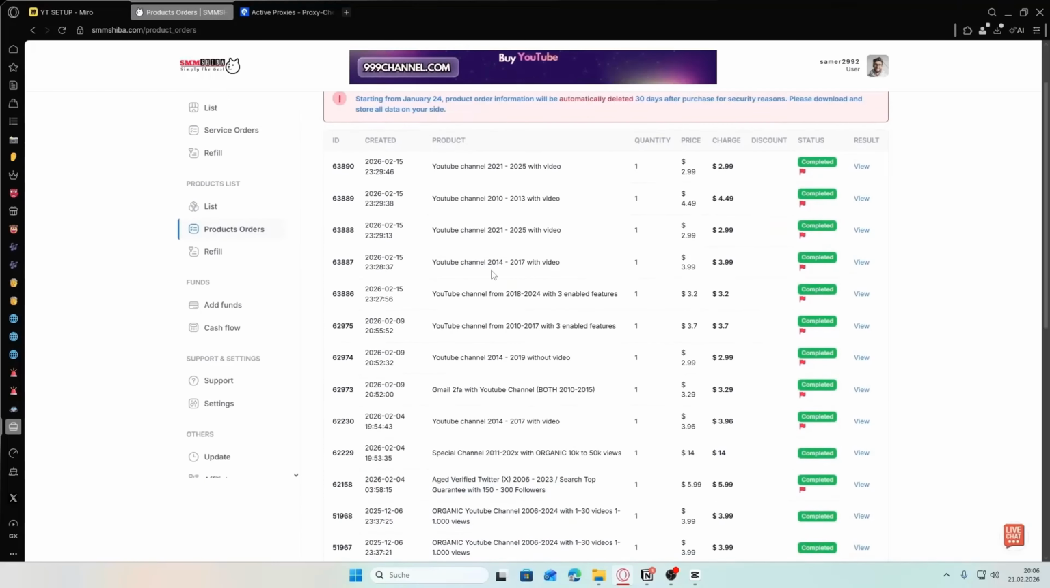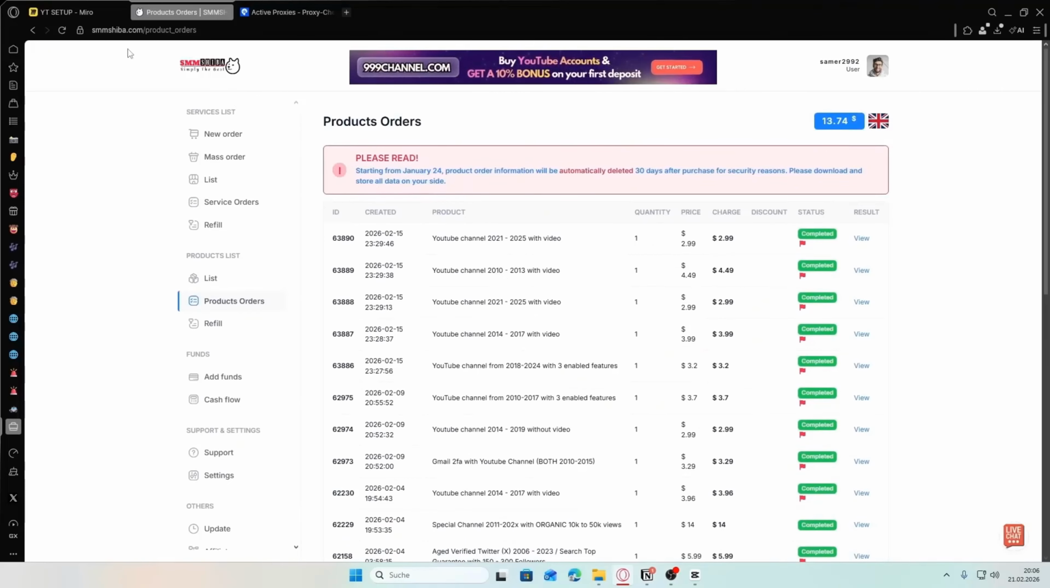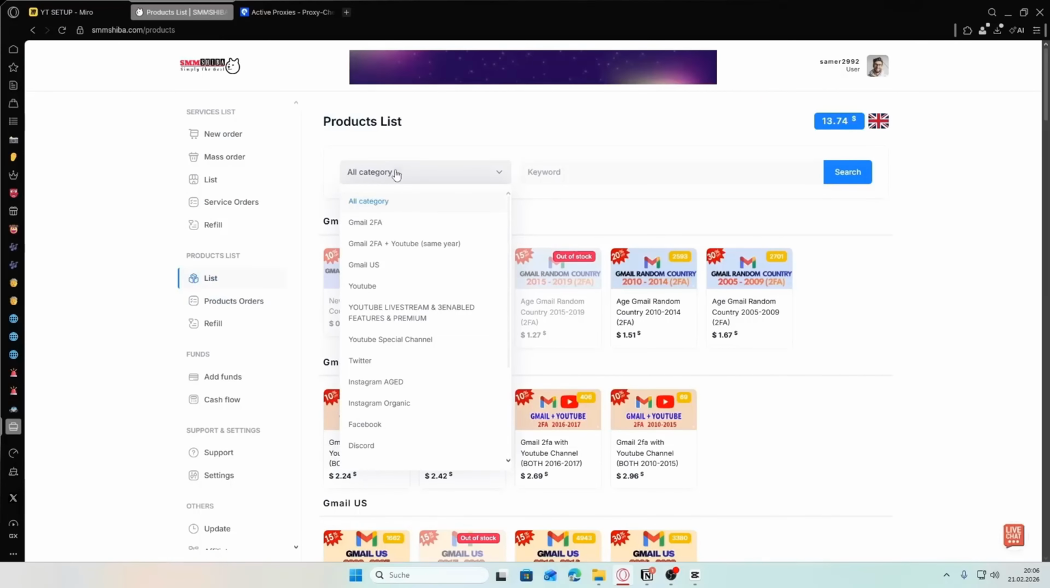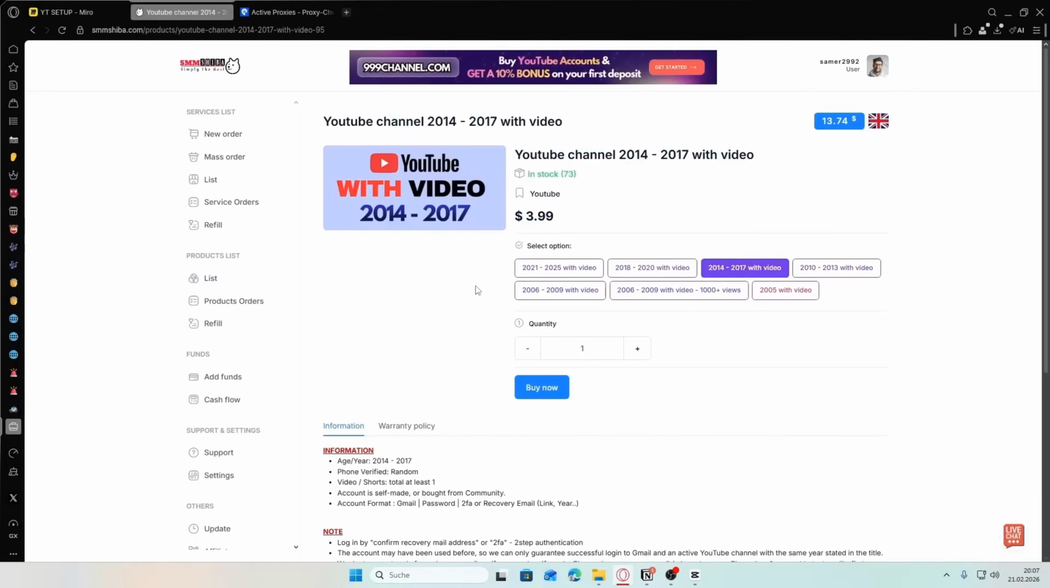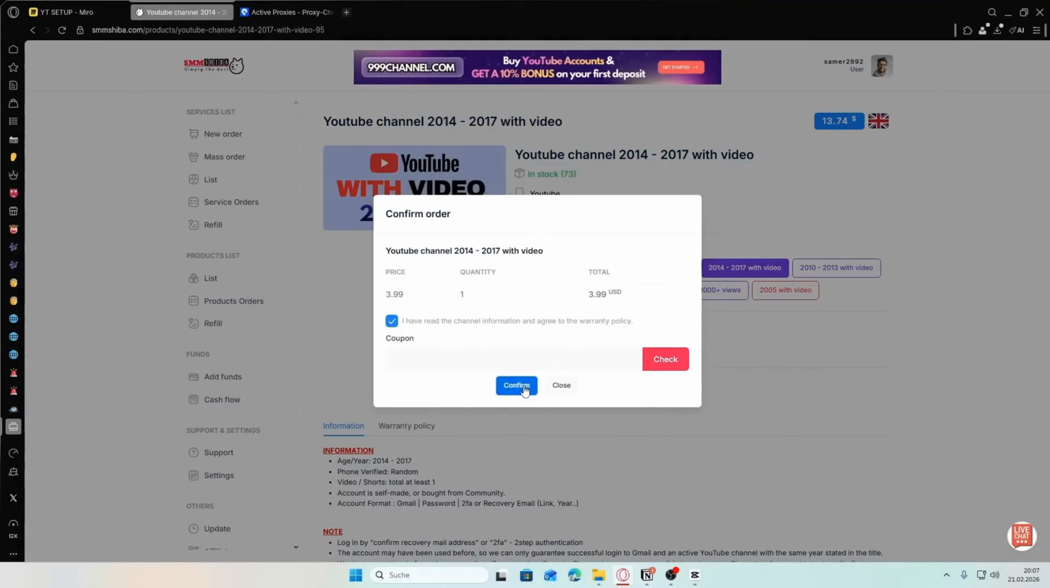Alright, so I'm currently at my dashboard on smmshiba.com. And do not get confused by the website names. SMM Shiba and SMM Dodge are actually the same website. So all you have to do once you've created yourself an account here is to go on list, click on this category icon, select, and here you want to select basically any option that says from with video. So I'm going to choose this one right here, and this should be already fine. Now I'm going to click on buy, confirm,